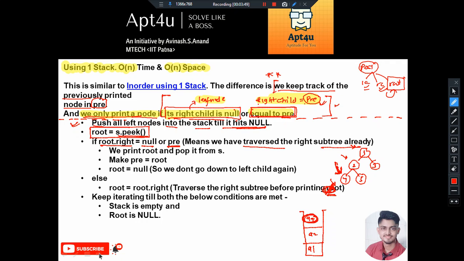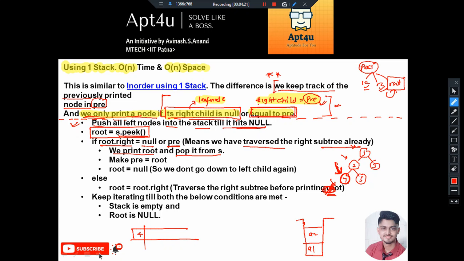That is what we discussed here, isn't it? So in that particular case, we can assume that now it is the correct time to process the specific node. So what we will do, we will print the root node and pop it from S. Right now we have the address of 4 and we found that its right is null, true. So we print 4 and pop it from the stack. So now we no longer have 4 in the stack, because we know that the second visit is already completed. We don't need 4 anymore.